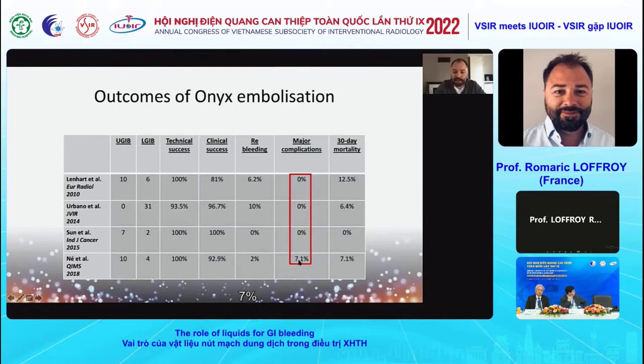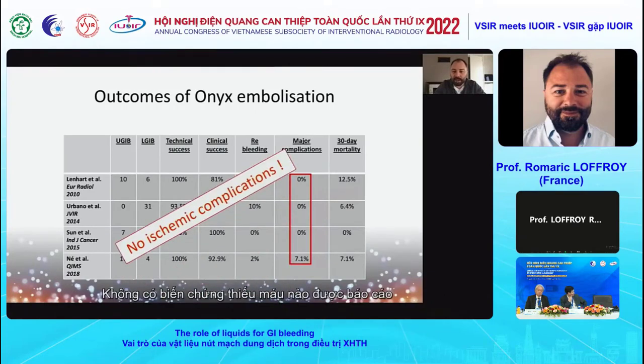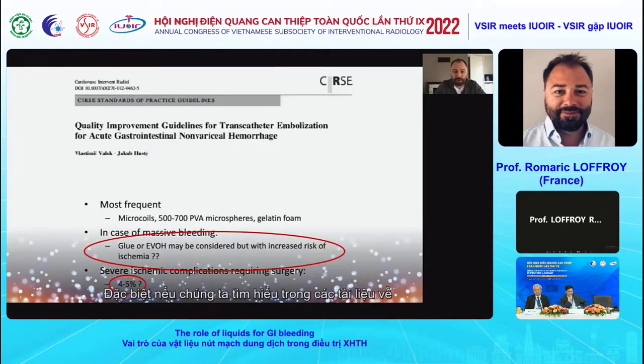We got 7 major complications, but unrelated to embolization, and no ischemic complications reported in these different series, meaning that maybe the risk of ischemic complications, which is already very, very low with cyanoacrylates, is maybe even lower with copolymers, which is a very interesting thing,